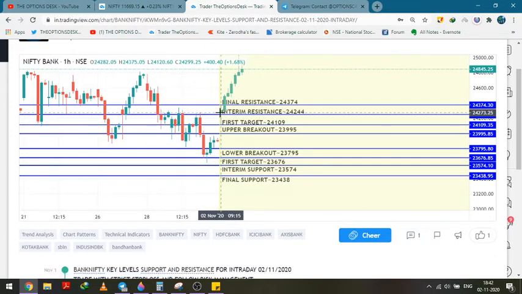Bank Nifty opened somewhere at around here. It gave a dip. It took the support exactly at the first target, as Bank Nifty already opened gap up, so the support level started to shift to the upper end. So it took the support at my first target and then it broke on the upside. You could have also triggered a buy trade of the call options once it broke the final resistance or even the interim resistance on the upper end.